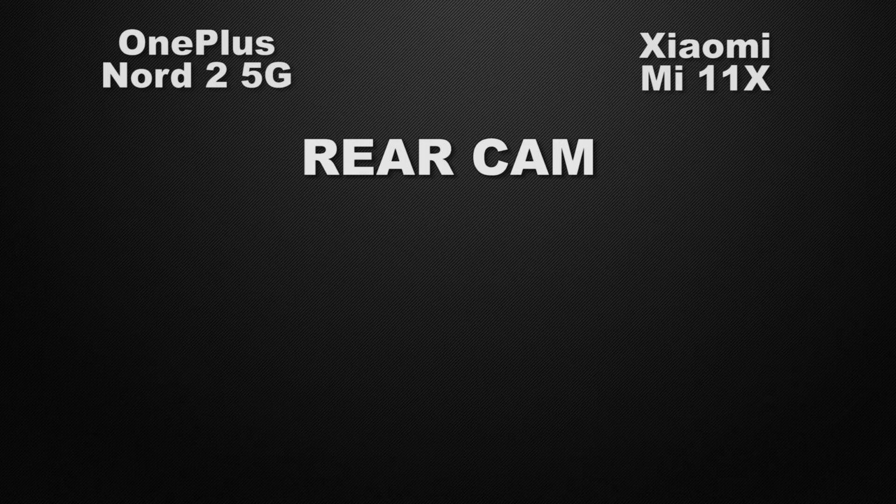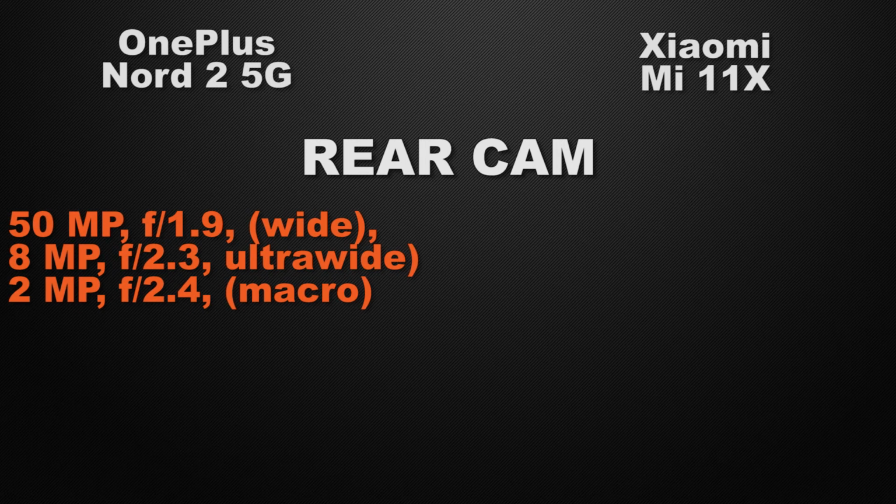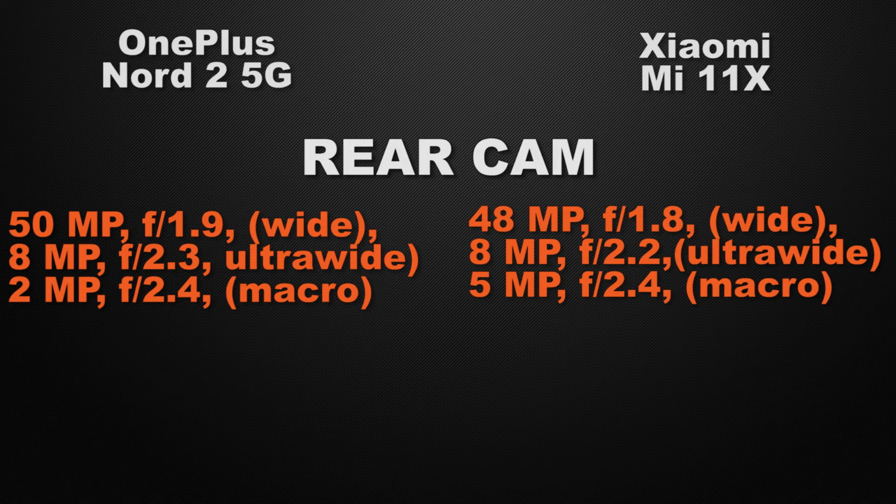Talking about the rear camera of the devices, Nord 2 has a triple camera setup: 50 megapixel wide camera, 8 megapixel ultra wide camera and 2 megapixel macro camera. Whereas 11X comes with a triple camera setup: 48 megapixel wide camera, 8 megapixel ultra wide camera, 5 megapixel macro camera. So the winner here is 11X because it has a low aperture which can take low noisy photos